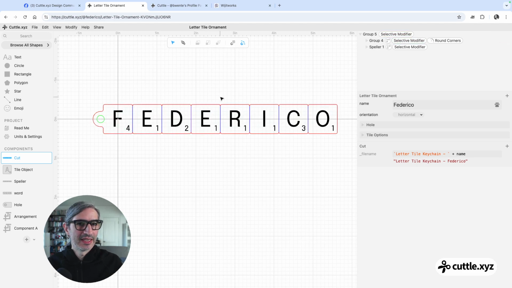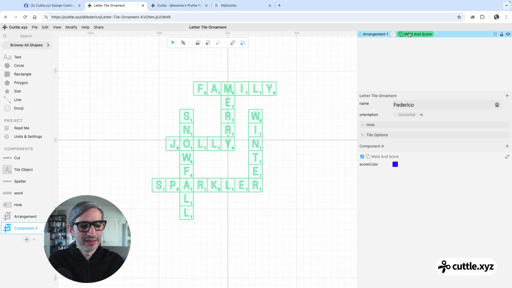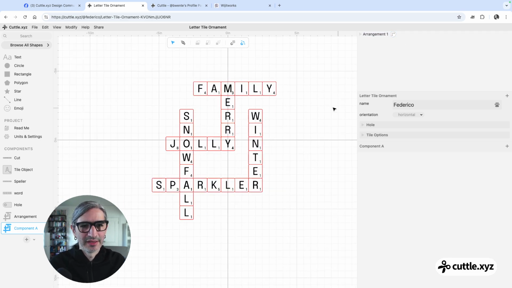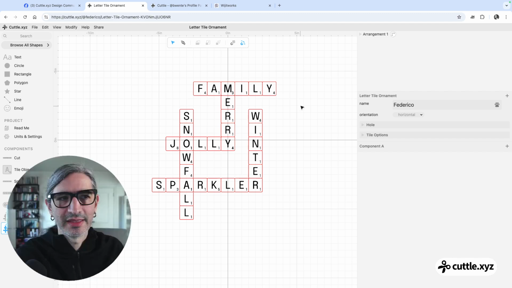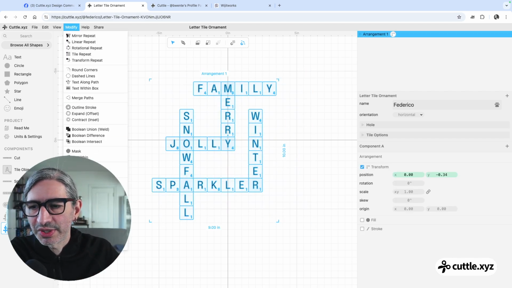So this is specific to this project. This is not something that you can find across all Cuttle modifiers, but we're going to make use of it. So let me go back to that one over here. I'm going to delete the weld and score I applied, and then I'm going to instead apply this sort of custom modifier that exists on this project called the selective